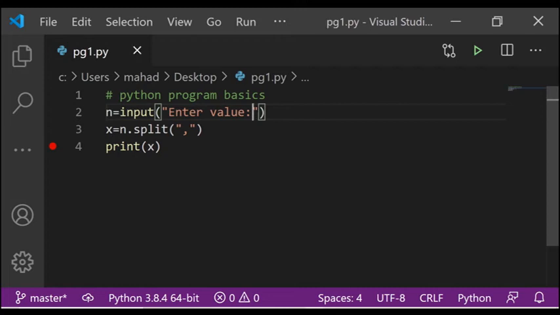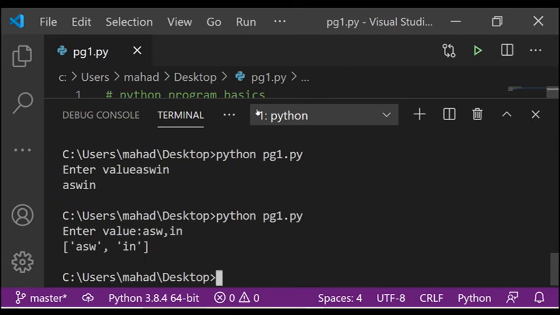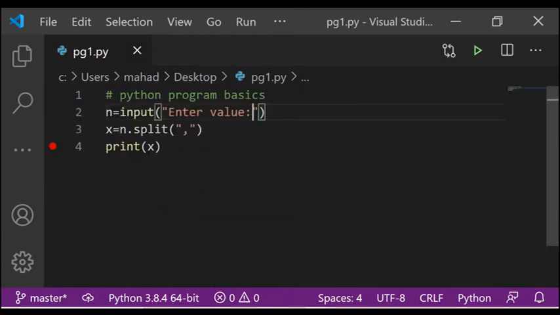I'll show here. I have saved it, opened my terminal and run it. Enter a value. I'll write my name ASW comma IN. Since the comma is what I have given in the split function, it will split my string into ASW as one element and IN as another. I run it and see, it has split into ASW and IN, and saved it in a list. So this is how the split function can be used.